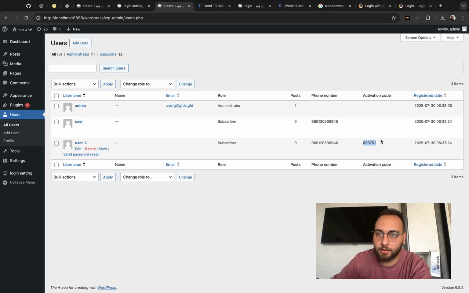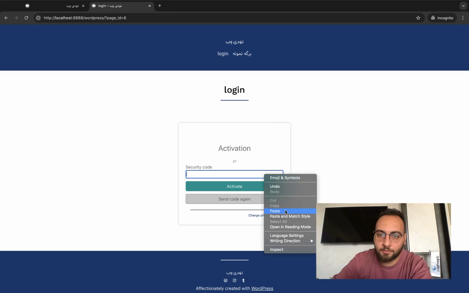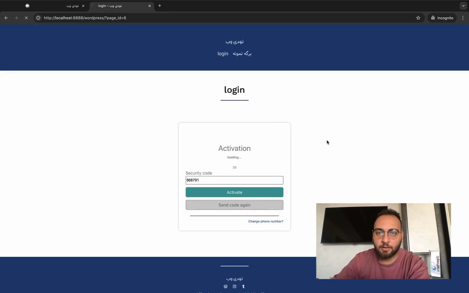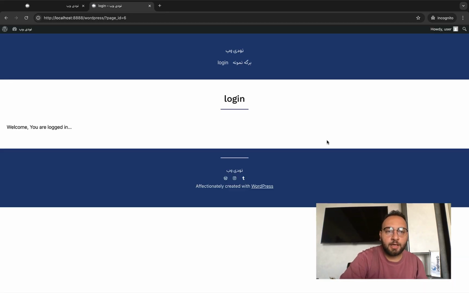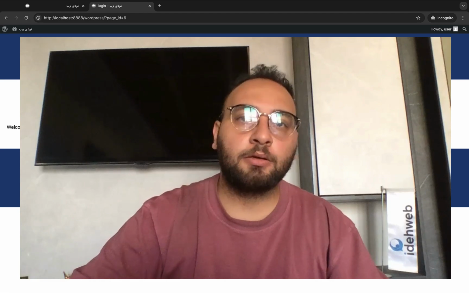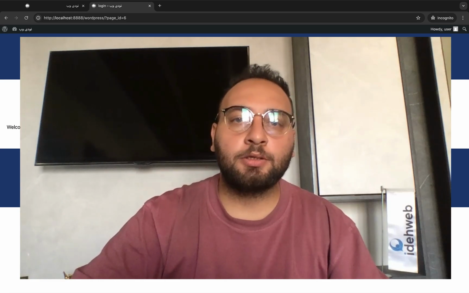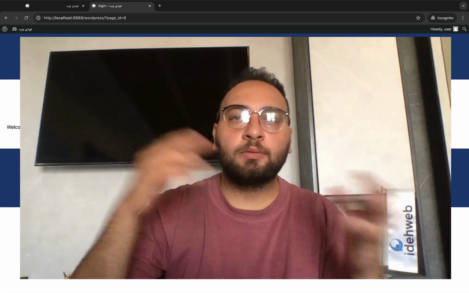We copy this activation code, paste it here, and it will completely activate my account and load the profile or reload the page. Now I am logged in and I can continue installation or add multiple SMS gateways,